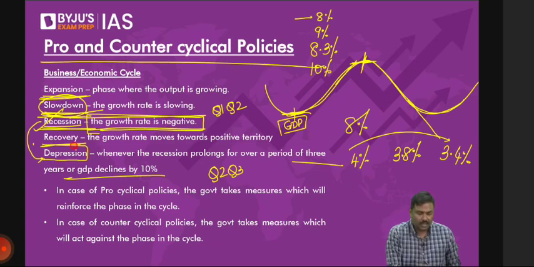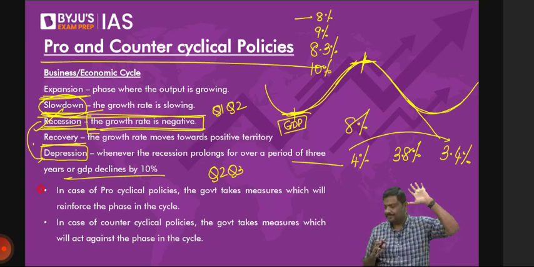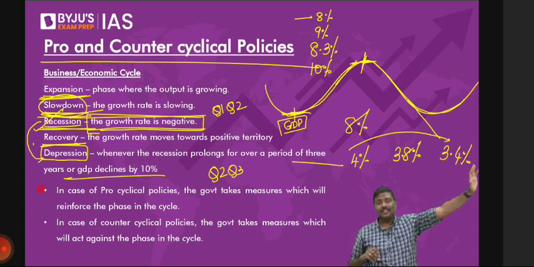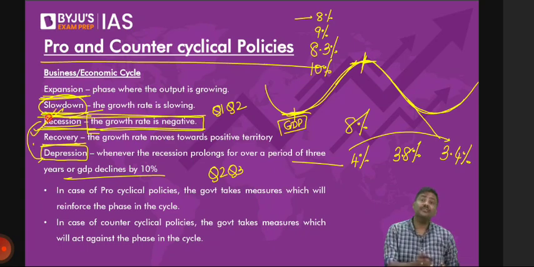The last time we experienced depression was back in 1929 and 30. Well, the global depression, the Great American Depression, 1930s. After that, we have not experienced it. But we have experienced recession very often. For example, in India itself, during the pandemic in 2021, there was a recession in India.